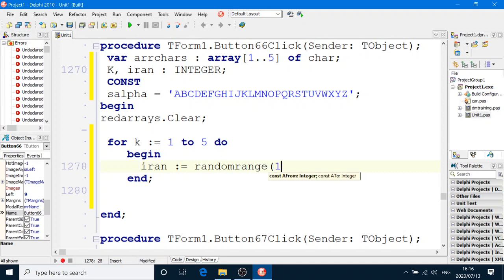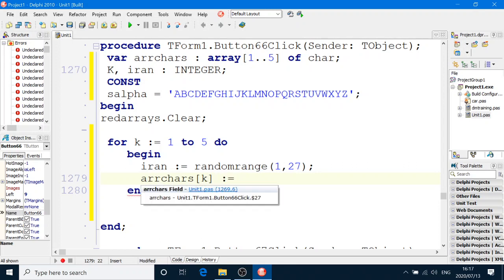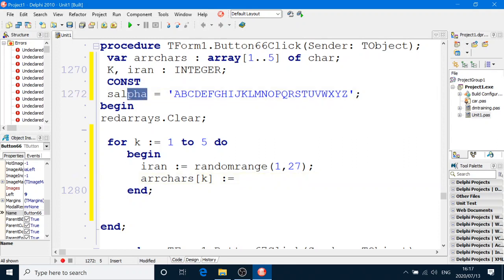range. 1 is the lowest number we can get, and 26 is the highest number we want. So 27 is our second parameter for that random range function. If we want 26 numbers, that is what we do. So it'll be a random number, and then we just put character number, whatever our ran is, into our array. ARR chars square brackets k equals S alpha character number